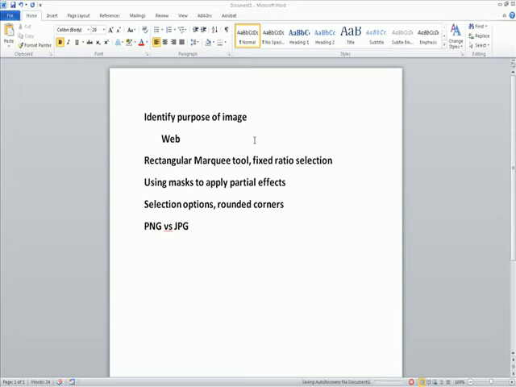Okay, so we're going to do this next tutorial, and in this lesson we're going to learn to once again identify the purpose of the image. In this case, it's web. We're going to use the rectangular marquee tool, which should be familiar to us, but we're going to use a fixed ratio selection. That might be new to you. We're going to start using mask to apply partial effects. We're going to select options, rounded corners, and we're going to talk about the difference between